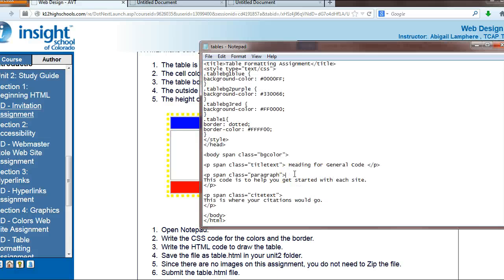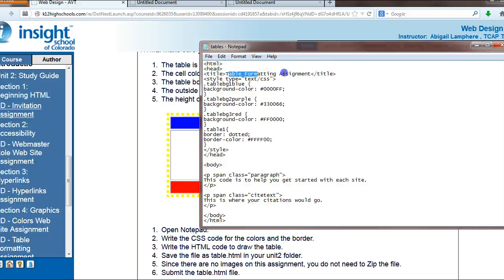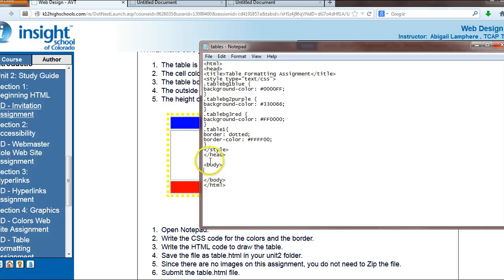Okay, so I know that in the body of my website, I don't need a lot of this stuff, right? I'm not applying any background color to my website. I'm only working with the table. I don't have any title or heading on my website that I want people to see. I want the title on my tab, but I don't need a title directly on my website. I don't have any paragraphs that I need to apply a style to, and I don't have any citation text that I need to apply a style to. So what I need to work with still though is inside the body of my website, I need to put in